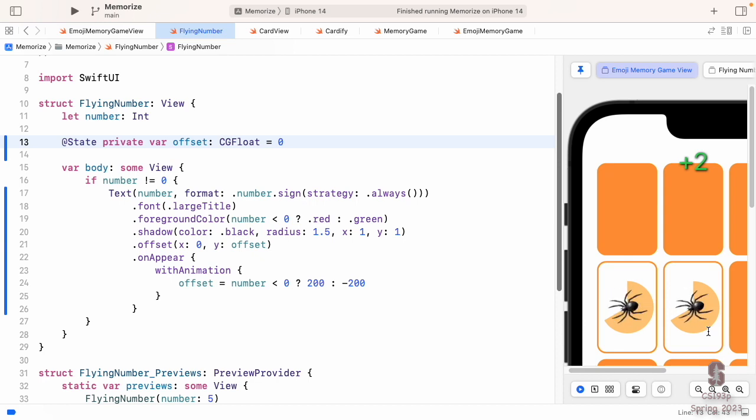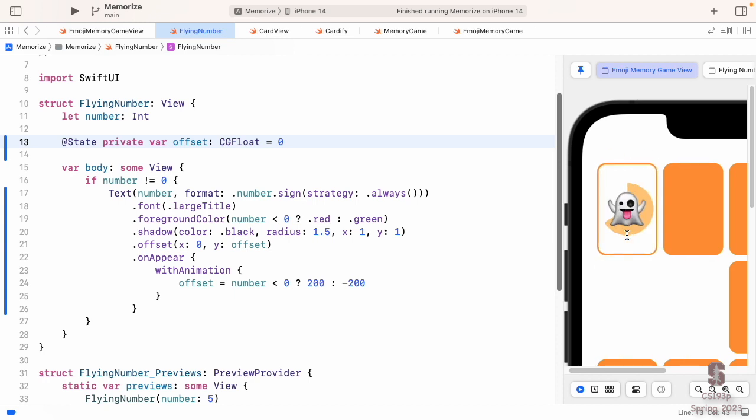But we don't want it to fly up there and then just get stuck and sit there until we click the next card. If I click another card, then it's going to go away because the card went away. And here we go again. That actually went up off the top of the screen there. We don't want it to stay. We want it to fade out or something, disappear.